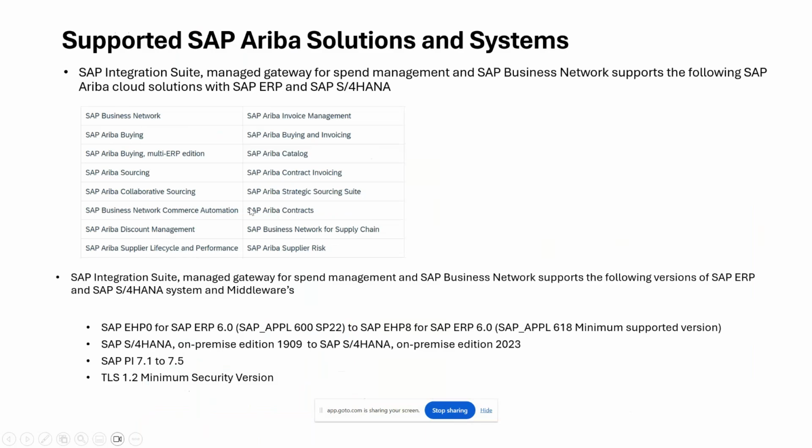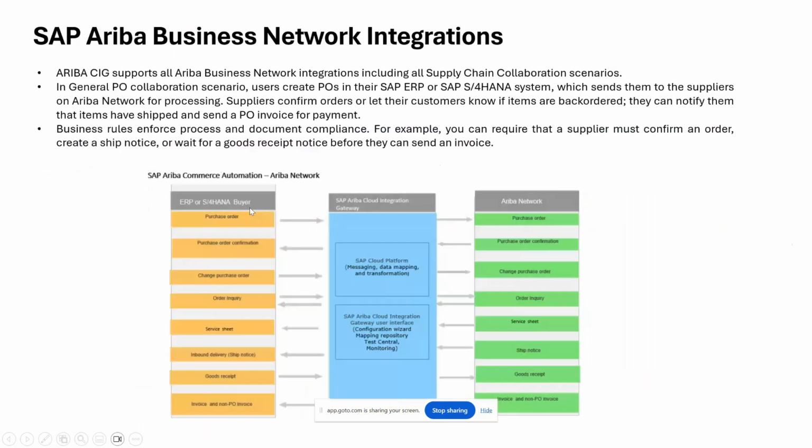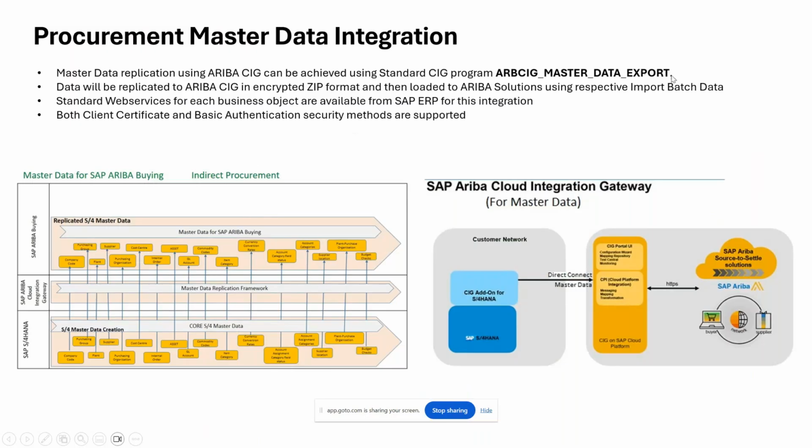I think I've shown somewhere here. With that, you can integrate; this is a standard program, ERP CIG master data export, with which you use the program and configure the necessary parameters. There are many parameters which you need to enable, right? So that once you run this program, the relevant master data will be picked. There will be many master data, right? Once you select the company code, if you want to send the company code org data from your ERP to Ariba, so in this program you select that